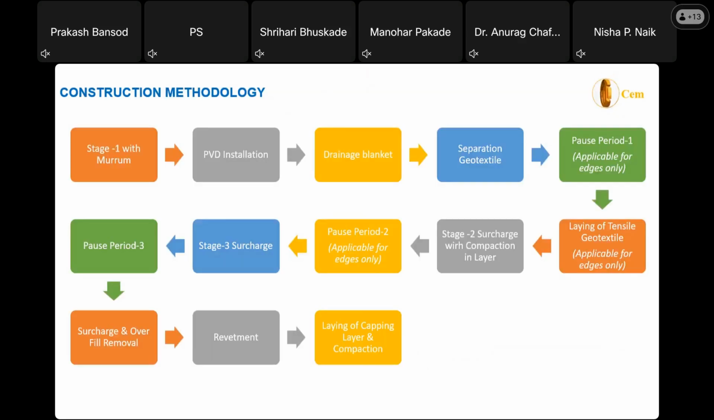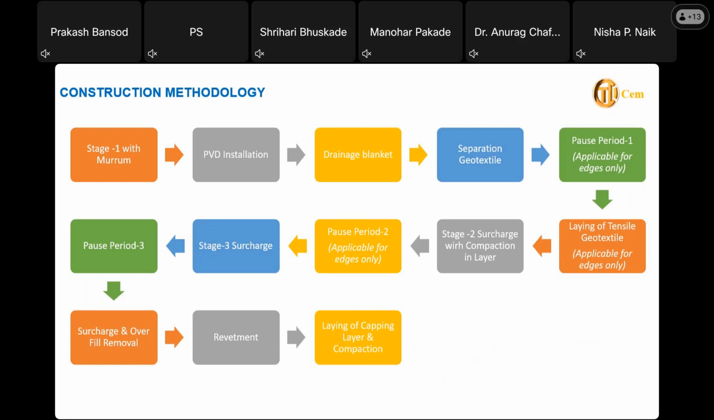So once we decided, this is the sequence. The first stage was stage 1 filling with murram, just above the 5 meter plus 5 level. Then installation of PVD, then drainage blanket, separation geotextile, and then it comes with intermediate pause